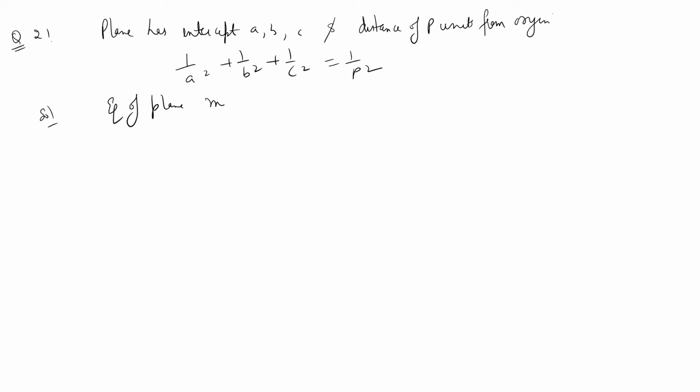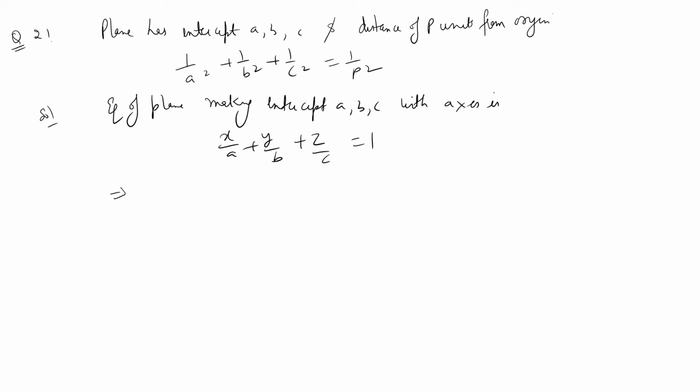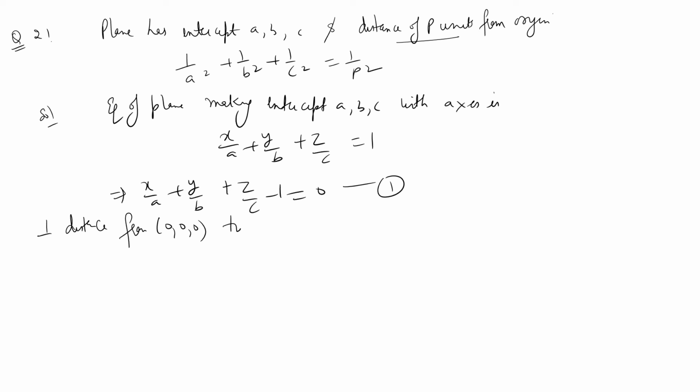making intercepts a, b, c with the axes is x upon a plus y upon b plus z upon c is equal to 1. That is x upon a plus y upon b plus z upon c minus 1 equal to 0. Okay, now the distance p from the origin. So now the perpendicular distance from the origin to the plane x upon a plus y upon b plus z upon c minus 1 equal to